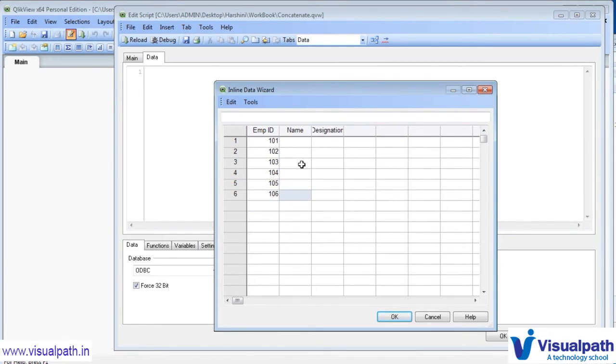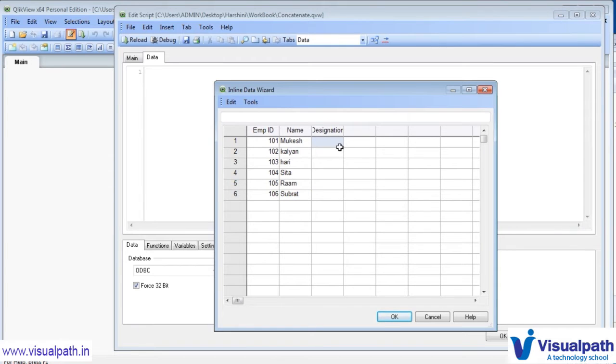Let's say we have 6 employee records here, and employee names, let's say Mukesh, then Kalyan, and Hari, and Sita, then Ram, and then Subhat, and their designation.